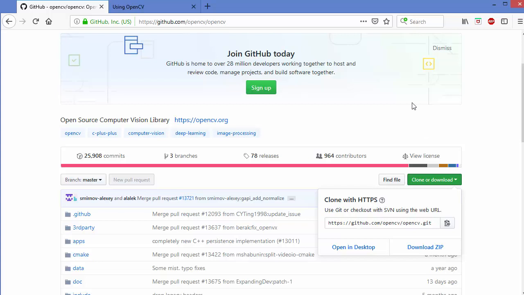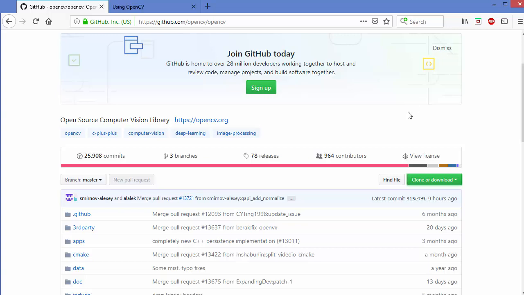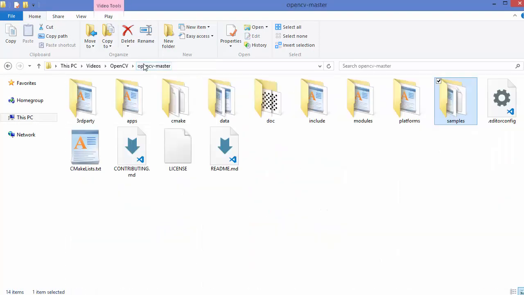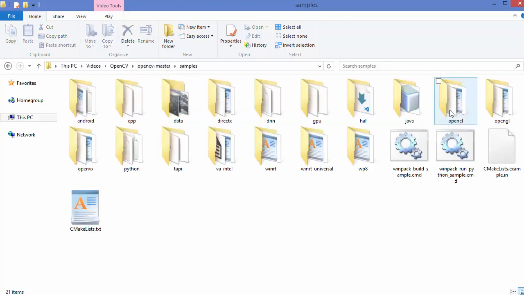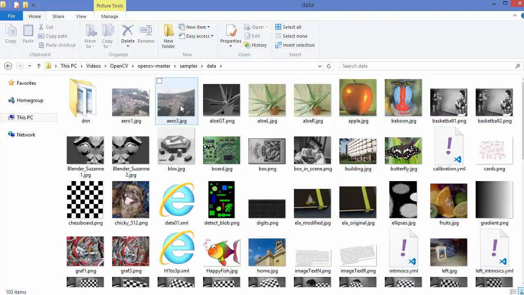system. Once you clone or download this repository, it will look like this. It will be downloaded as this folder, opencv-master, and once again you can go to the samples folder, and inside it the data folder, and you will find all those images which I have shown you on the GitHub repository.